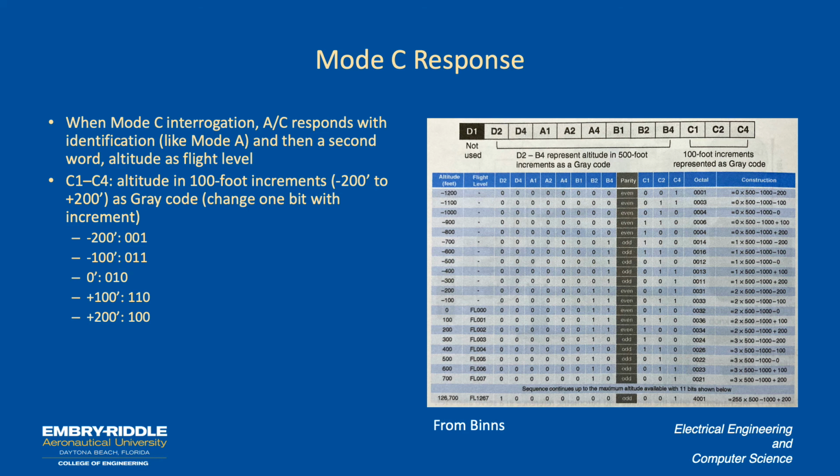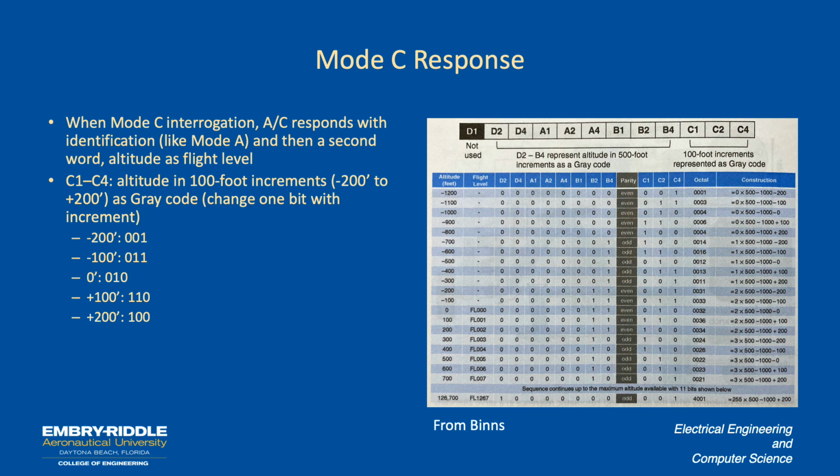there's two components to this. C is used, C1 and C2 and C4 are used as 100-foot increments, and then the rest of the altitude is represented as a multiple of 500 feet, and both of these use what are called gray codes. So we're using the same bits, C1, C2, and C4, but you can see in the chart, if you look at the first 5 rows there, you see how C changes from 001 to 011 to 010 to 110 to